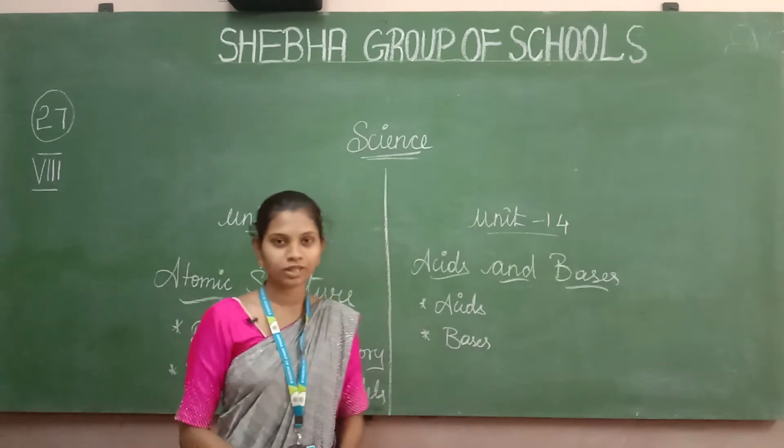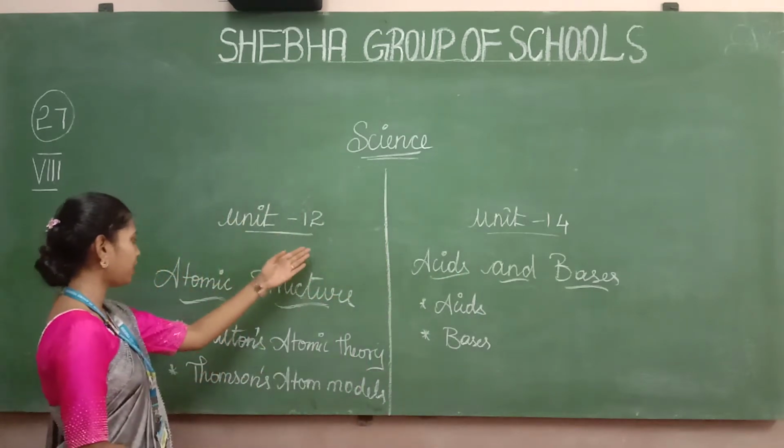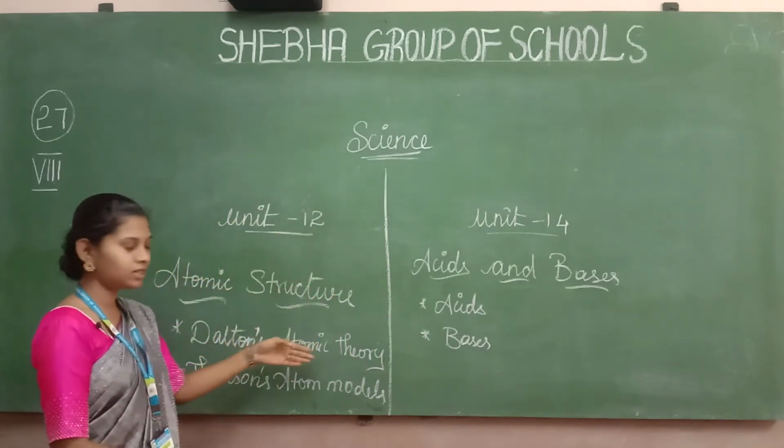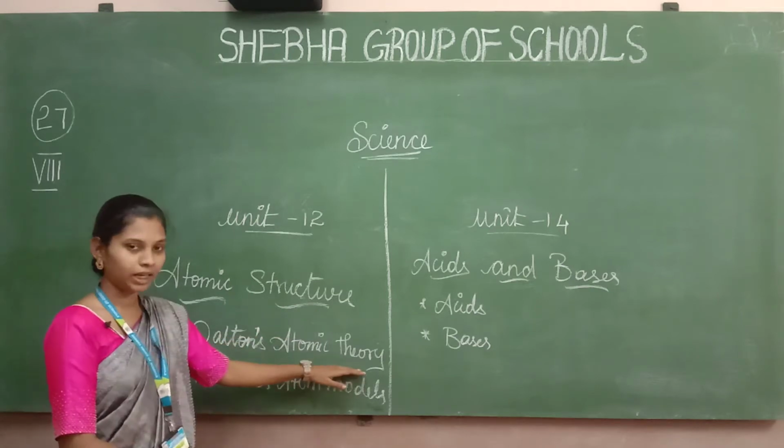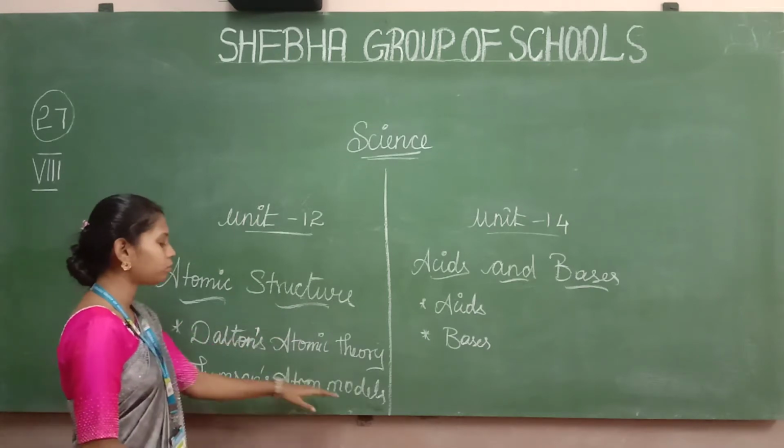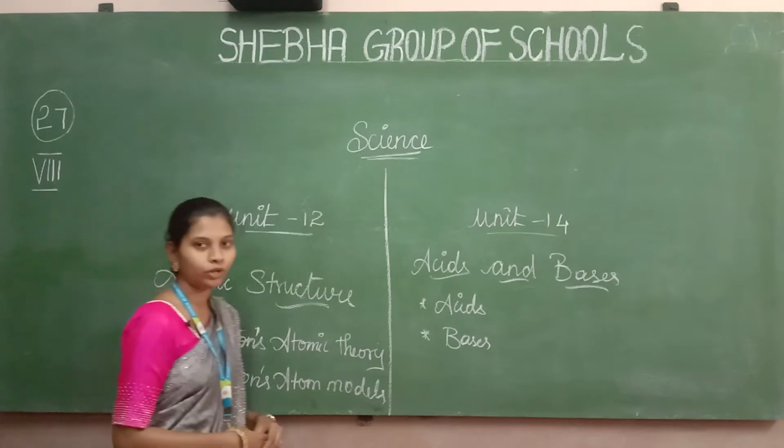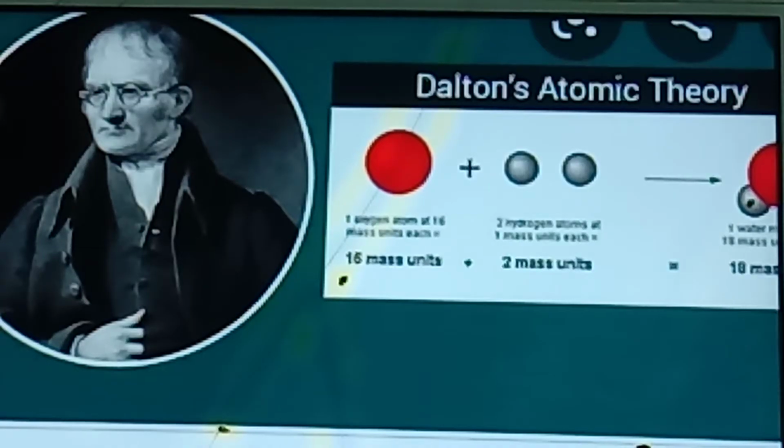Today we are going to discuss the lesson Unit 12, Atomic Structure. In this, Dalton's Atomic Theory and Thomson Atom Model. These are the two topics we are going to discuss today. Dalton's Atomic Theory. John Dalton provided a basic theory about the nature of matter. He proposed a model of the atom, known as Dalton's Atomic Theory, in the year 1808 based on